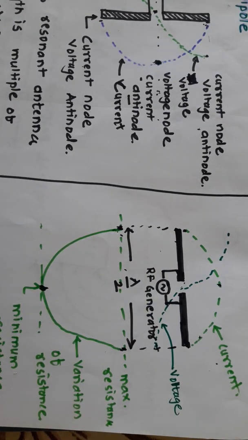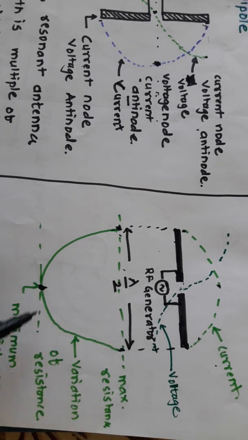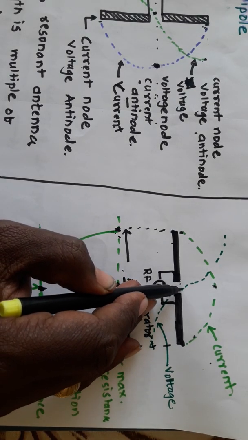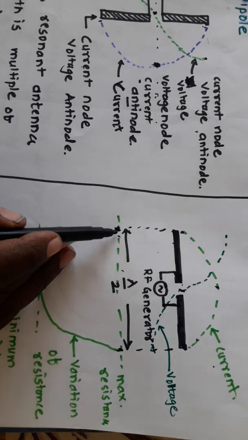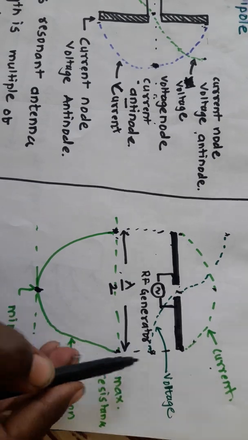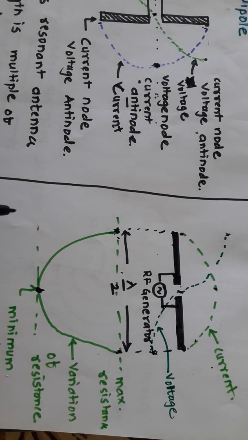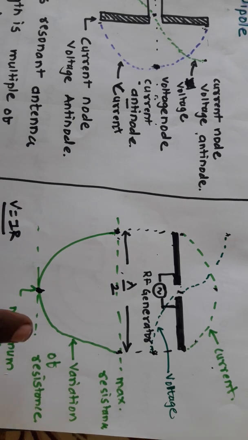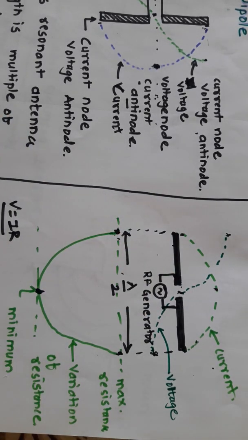Similarly, on the opposite side, when there is minimum resistance, at that time we observe that voltage is minimum, and when the resistance is more, at that time here and here we observe the voltage is more. We just have to relate it with Ohm's law, V equals IR. So depending on the resistance value, we have tried to describe the current maxima, current minima, voltage maxima, minima, voltage node, antinode terminologies, right?